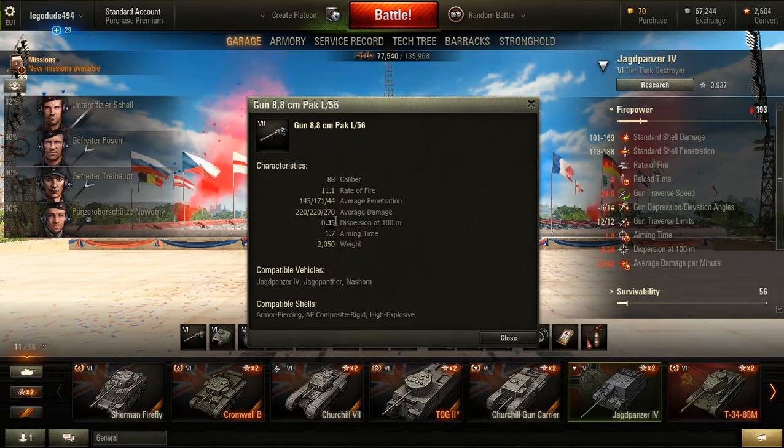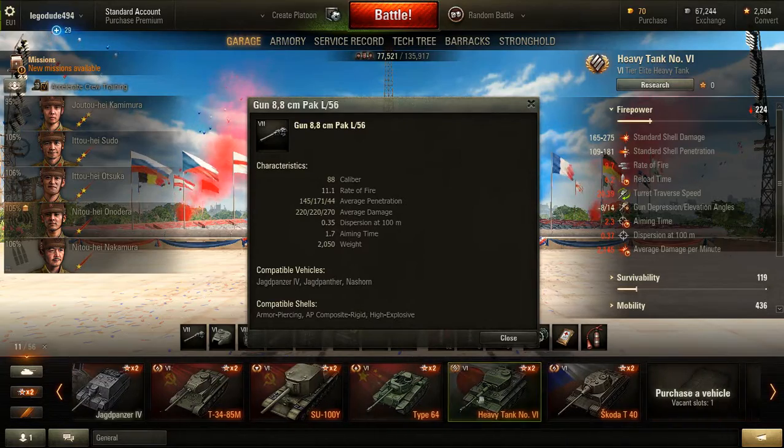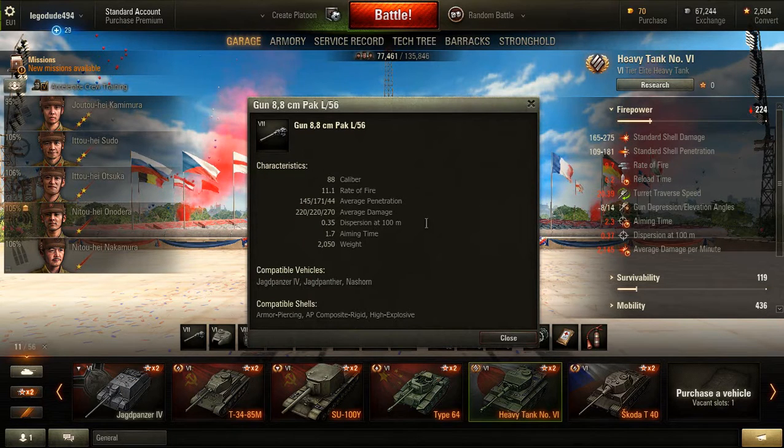It's not the most accurate thing, but it's not the most inaccurate thing, and it does have a very good aiming time. With the buff that it received in actually 9.15 I think it was, which came along with the buff to the Heavy Tank number 6's gun and the Skoda's gun, which meant that instead of 132 penetration, which is what these guns used to have, the 88 Pak L56, the Kampfwagenkanone 36 L56 on the Heavy Tank number 6 and the Skoda, means that instead of 132 pen, you have now got 145, which is actually a much needed increase in penetration, which is going to make very many people very happy. I was very happy to hear this, which means that this gun is more of a viable option than it otherwise is if you're going to use the